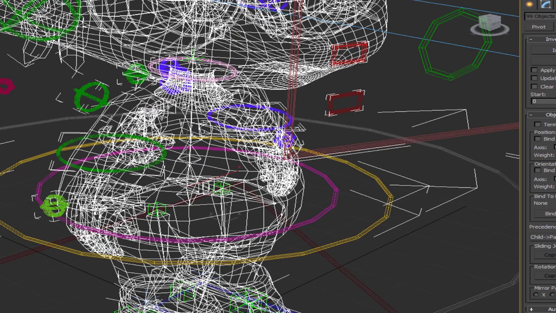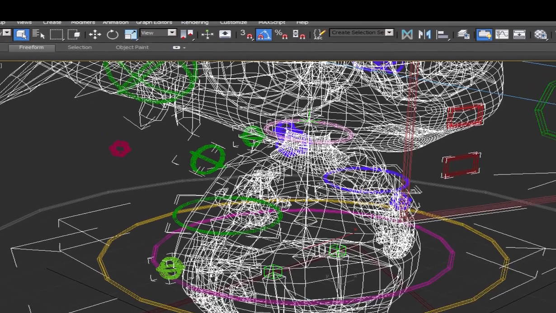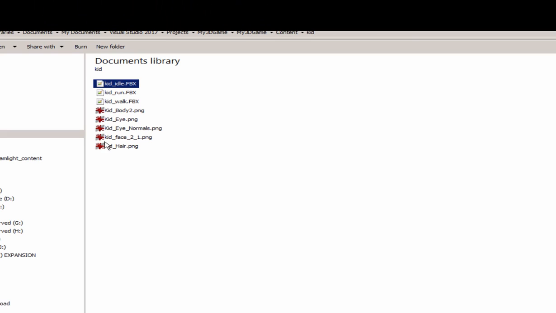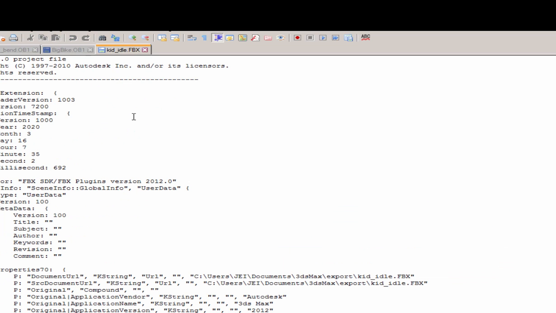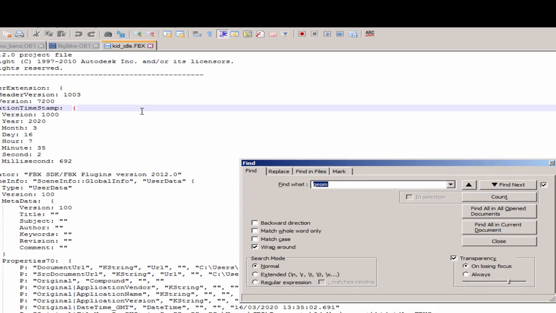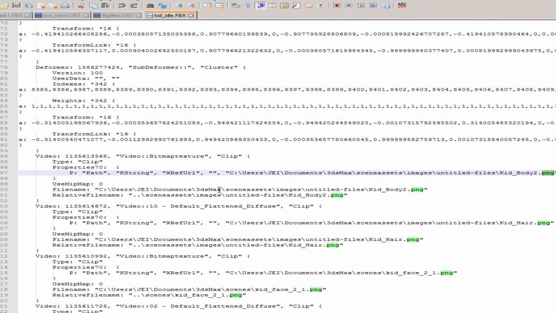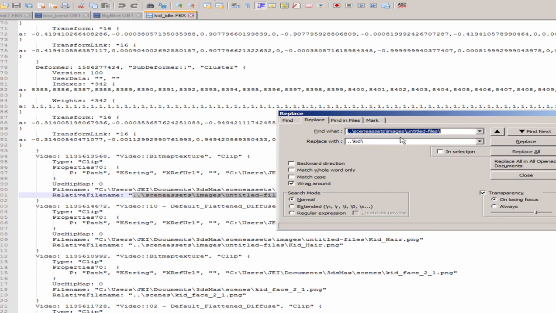So now we'll go to the export and we'll copy it into our content folder. You'll of course want to make sure you got your textures in there. Not sure if embedding is supported, but either way it's actually good to be able to swap out your textures anyway. So let's go edit this with Notepad++. I'm going to go Control F, find PNG, and we want the relative paths. That's the ones with the dot dot in front. So we'll select that and hit Control H. We'll replace it with dot dot slash kid slash, because that's the content folder we're going to put it in.